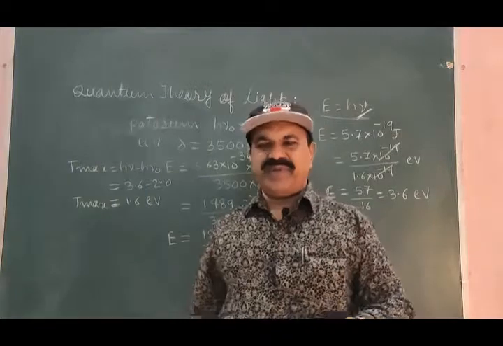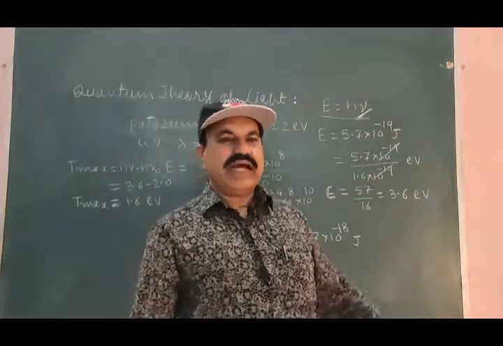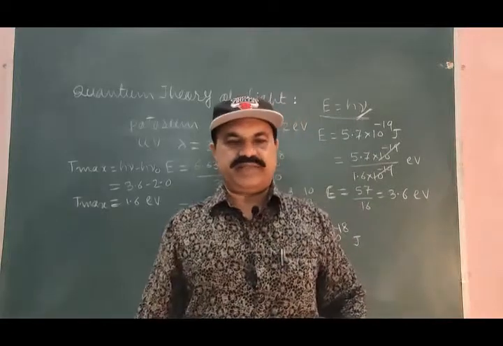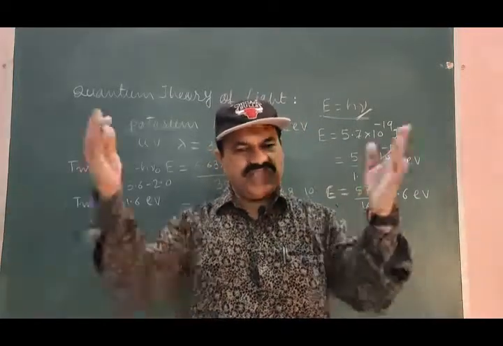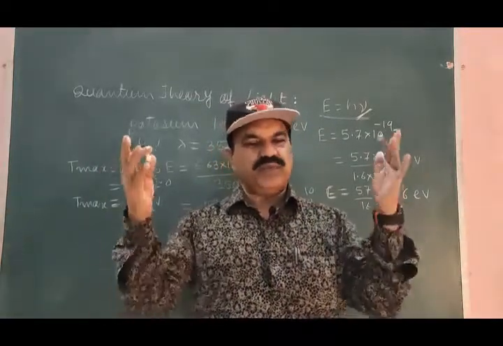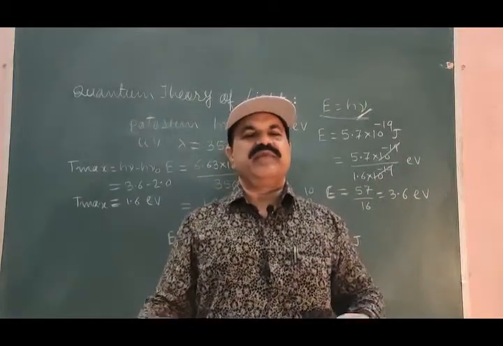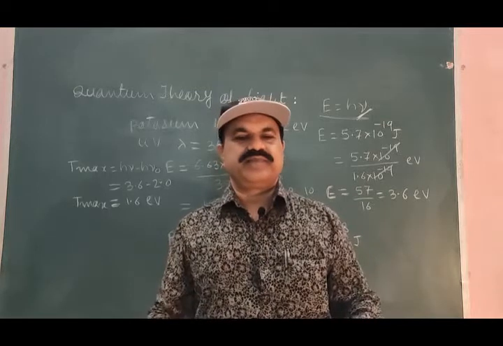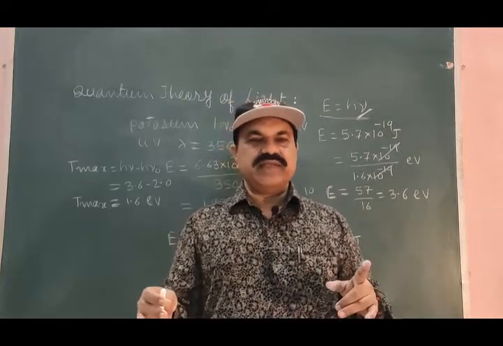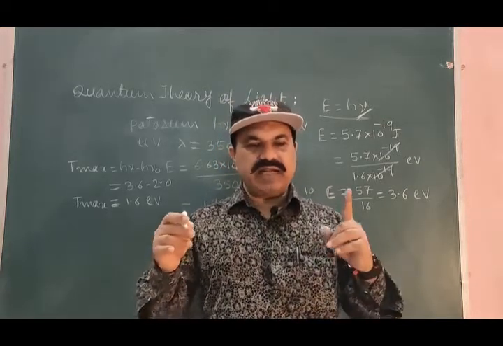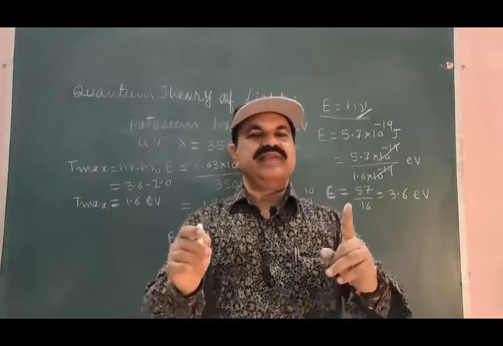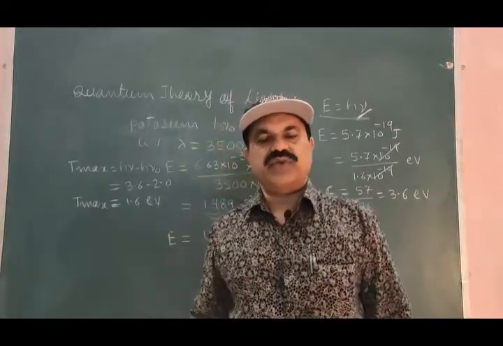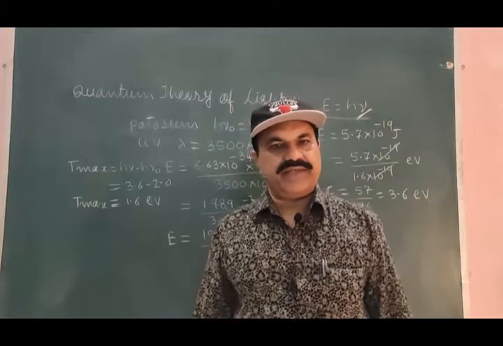Apparent contradiction may be due to quantum theory of light. Apparent contradiction may be due to wave theory of light. We have to accept all this. We have to accept both the forms of the light. We have to accept apparent contradictions and all, so that we can completely describe the light energy. This is about quantum theory of light.